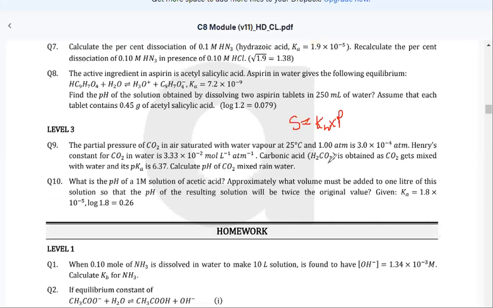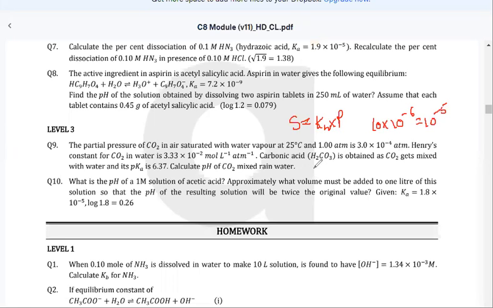Agree, everyone? Now, what we have to do: CO2 gets mixed with water, right? And its pK is given. Now, H2CO3 is mixed with water. So if you find the solubility, see this. It is 10 to the power minus 2, it is 10 to the power minus 6. If you multiply this, sorry, 10 to the power minus 2, 10 to the power minus 4, it will be of the order 10 to the power minus 5 or 10 to the power minus 6. Yes or no? Tell me. And 3.33 into 3 is nothing but 10. So solubility is 10 into 10 to the minus 6, which is 10 to the minus 5,